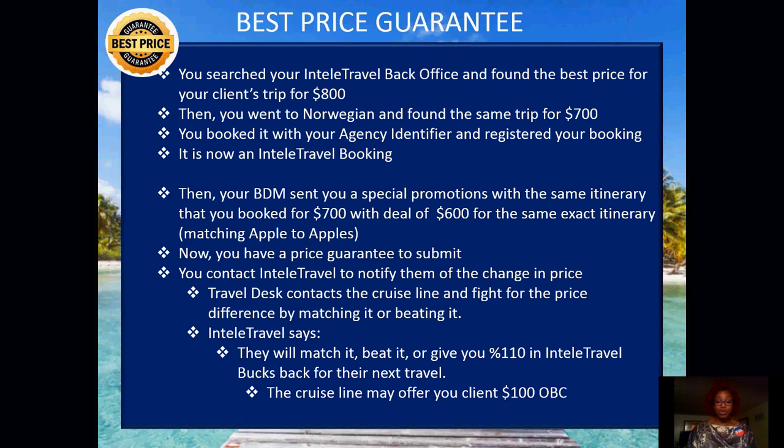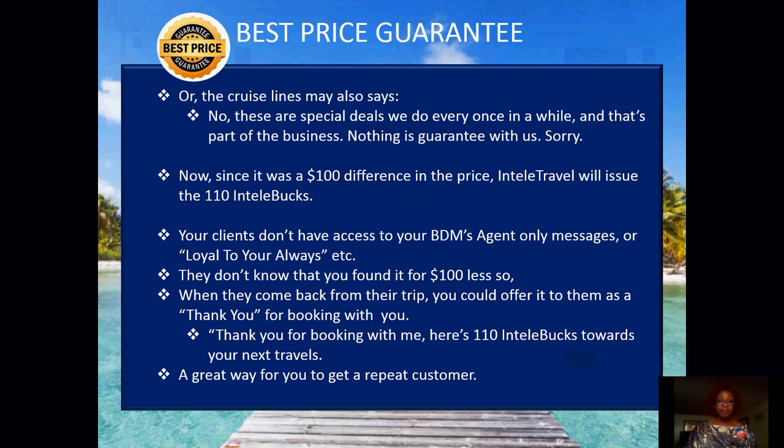Okay, back. So the cruise line may offer a client $100 in onboard credit. Or the cruise line may also say, no, these are special deals. We don't do these. We do these once in a while, and that's just part of the business. Nothing is guaranteed with us. So now, since it was a $100 difference in the price,